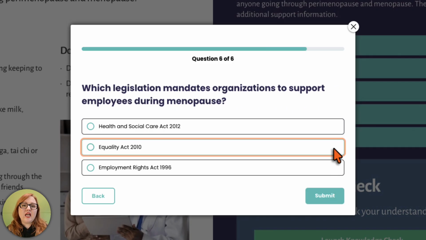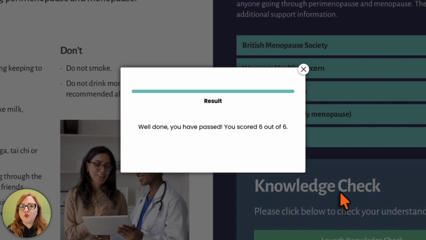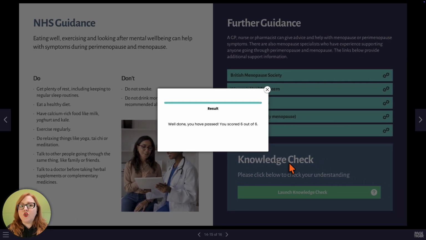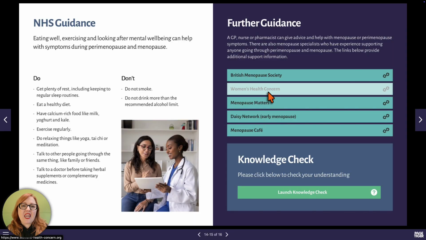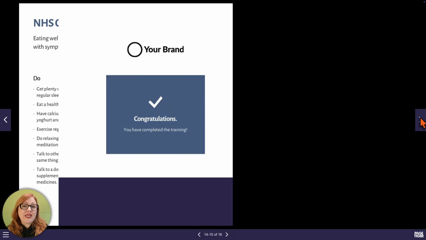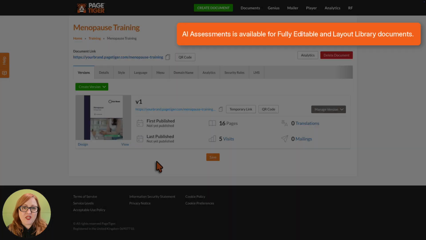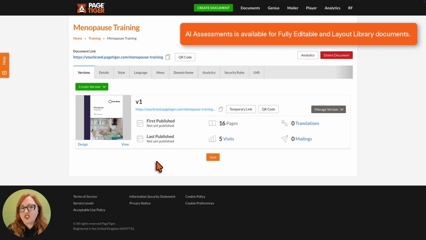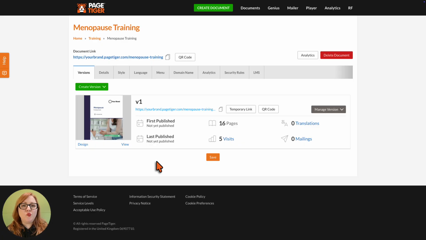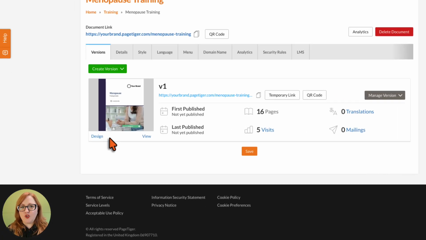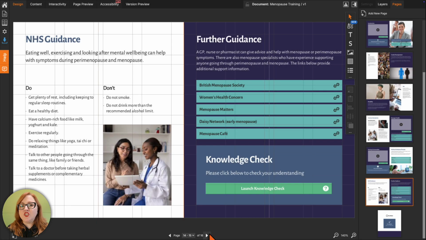AI assessments helps by generating draft multiple-choice questions based on your document content, allowing you to create knowledge checks quickly and efficiently. But before you start generating questions, it's important to ensure that your document content is complete, accurate, and ready for learners. So, to get started, open your document and navigate to the location where you would like to